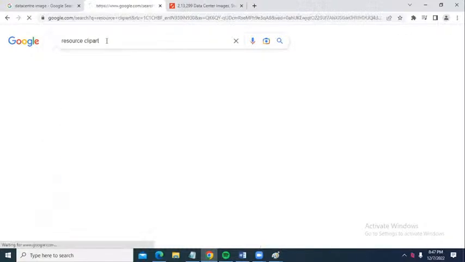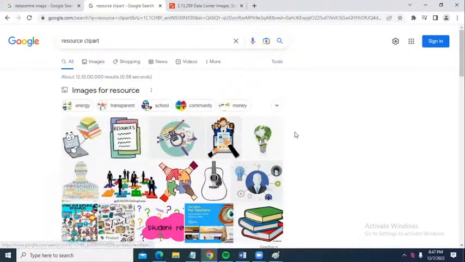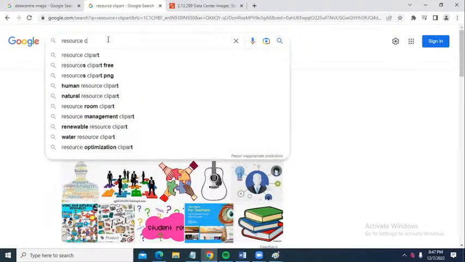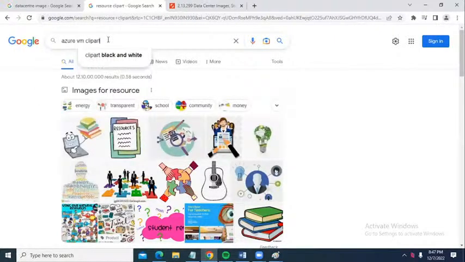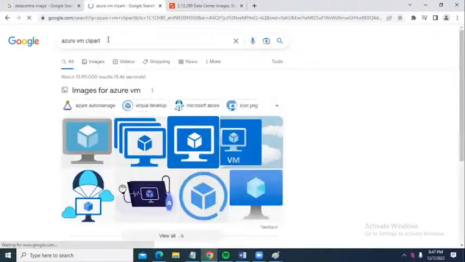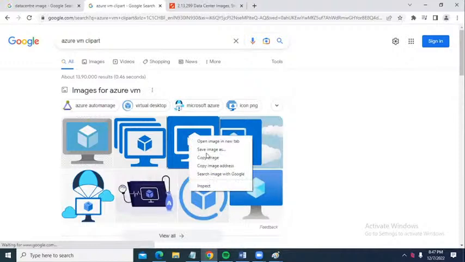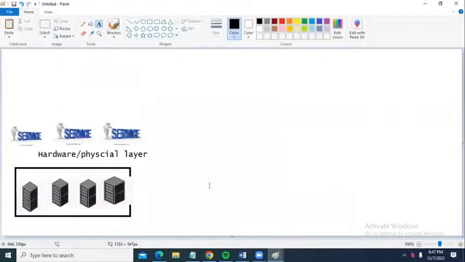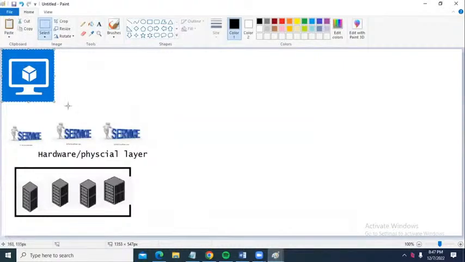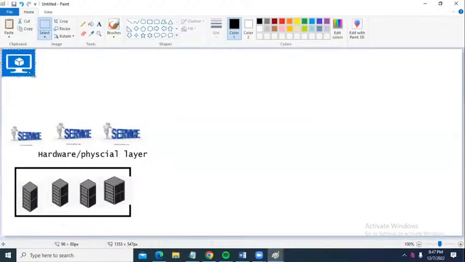Yeah, we can take the Azure VM clip art because we are dealing with Azure. So this blue one is better. This is something like a virtual machine.